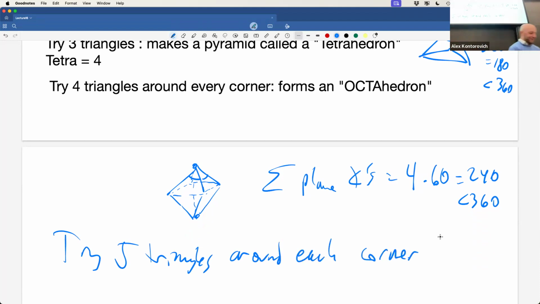So now, if I really took the time to do this, it would take a good 5 minutes. So we're not going to do that. In fact, maybe I'll ask for a volunteer to help. So this is what 5 triangles looks like. And now I've got this corner that only has 2 triangles, so I have to add 3 more. So here's 2 more. I can't close it up. If I close this up, I've got 4 triangles around this corner, but 5 triangles around that corner. That wouldn't be regular. Okay, so I've got to put 1 more triangle in here.